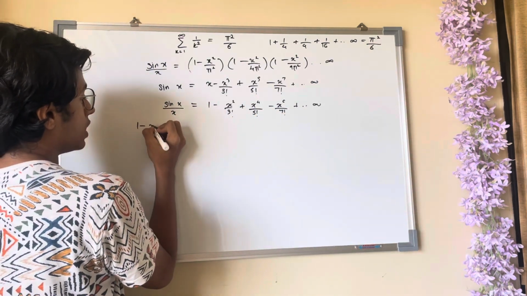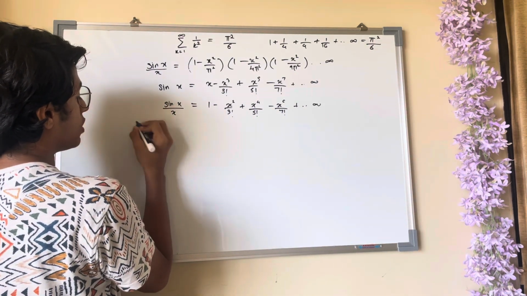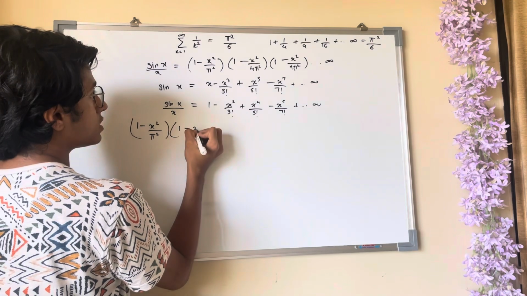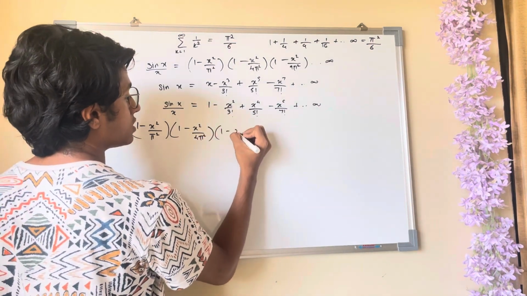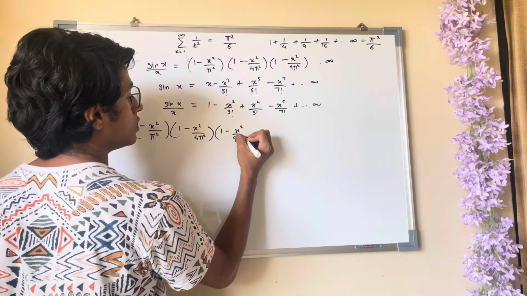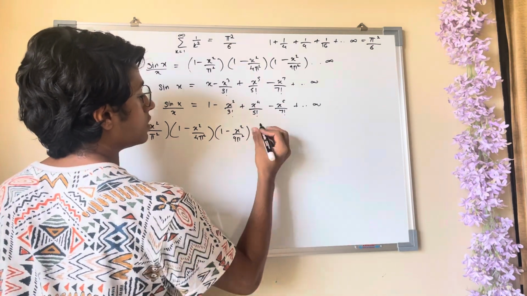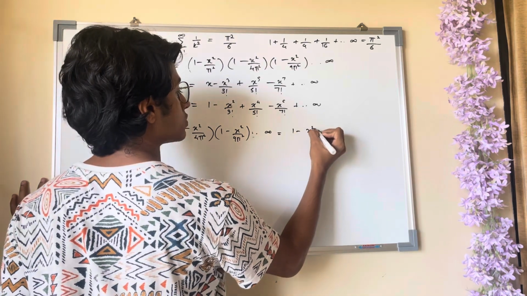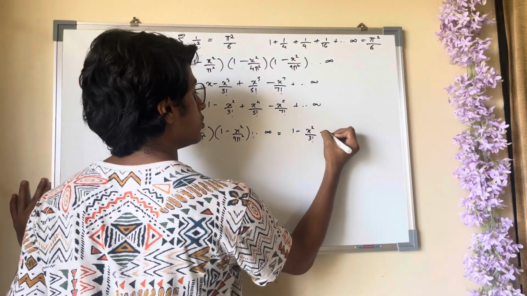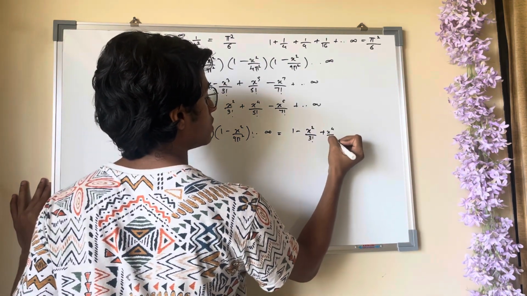So writing it as 1 minus x square upon pi square into 1 minus x square by 4 pi square, 1 minus x square by 9 pi square, so on till infinity is equal to 1 minus x square by 3 factorial plus x power 4 by 5 factorial,